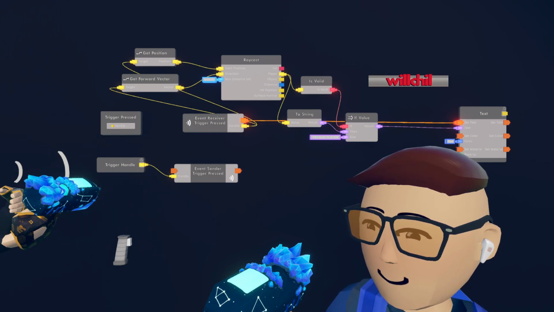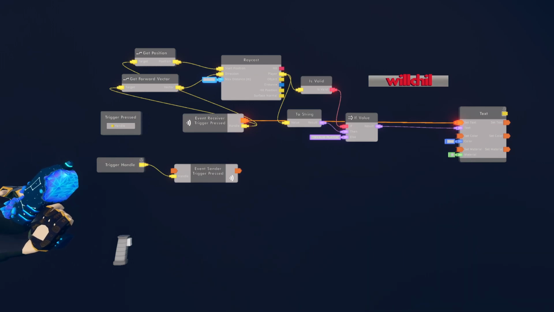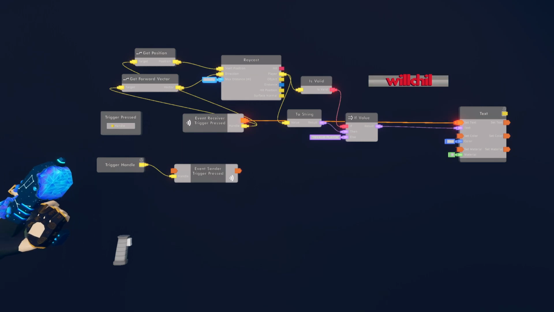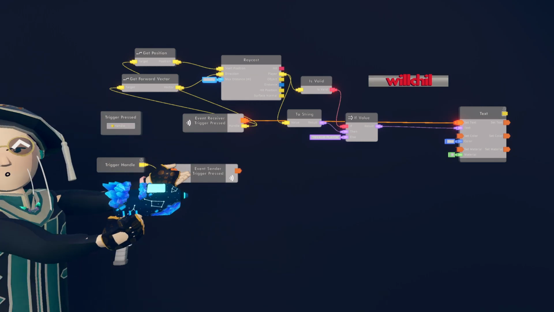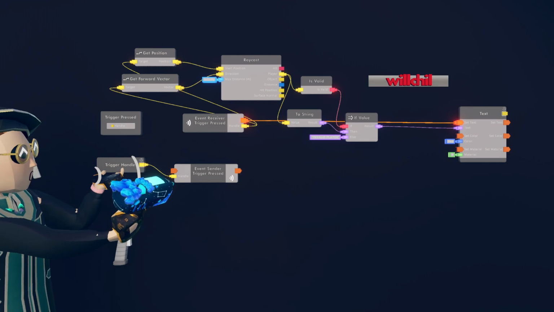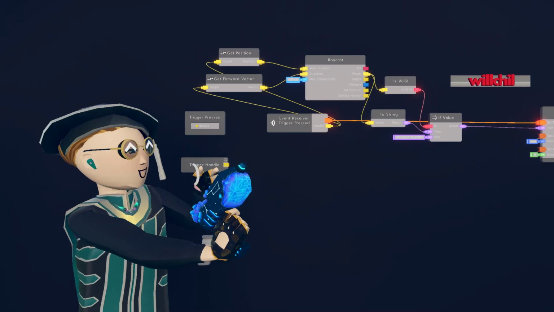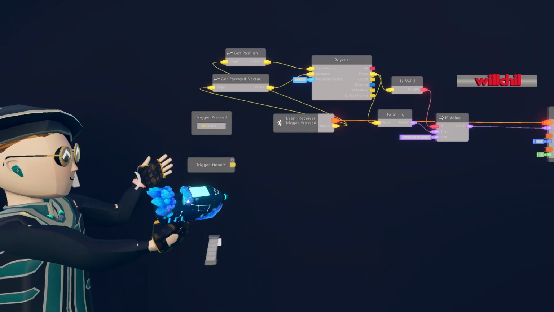Okay, I'm gonna take over while Will does this. So to make it more organized, I'm gonna take this event sender and put it into the board so that there's not just a loose chip. Then